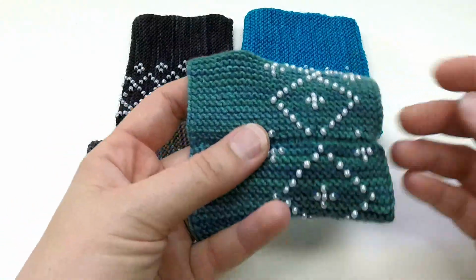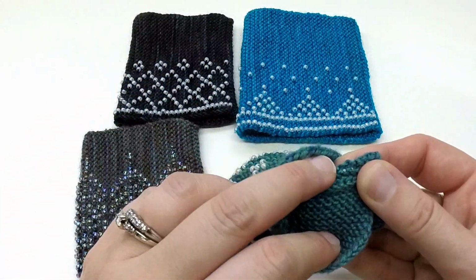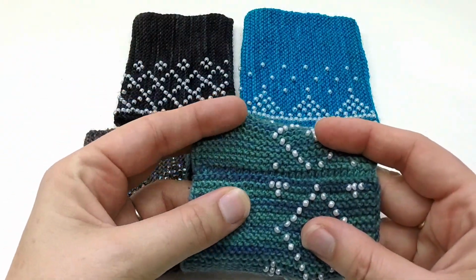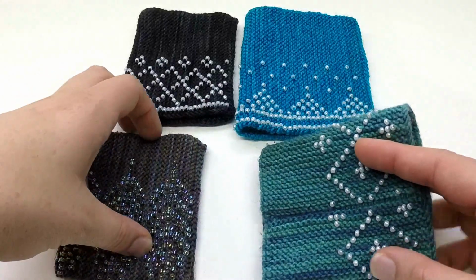So to start, the 3-needle bind-off, you can do it either with the right side facing out or the wrong side facing out. When you turn it inside out and do it with the beads together and the wrong side facing out, then you get this nice little indentation on your right side, because the bind-off was done on the other side, which I think looks really nice, but I also like it the other way,